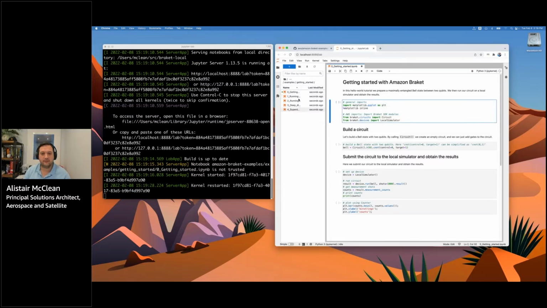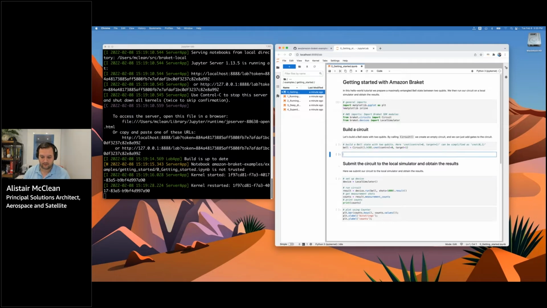You can see here that there's lots of examples, but for today, we're just going to start with the first one and make sure everything's imported correctly and installed. The first cell then just does the general imports. Let's run that cell, and that's going to pull everything in for us and make sure that the notebook's correctly configured. Now we can go through and build the Bell circuit, but what I like to do, first of all,